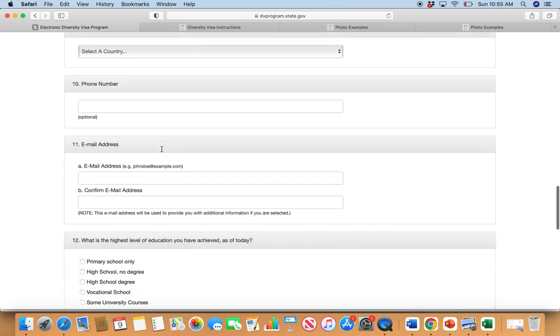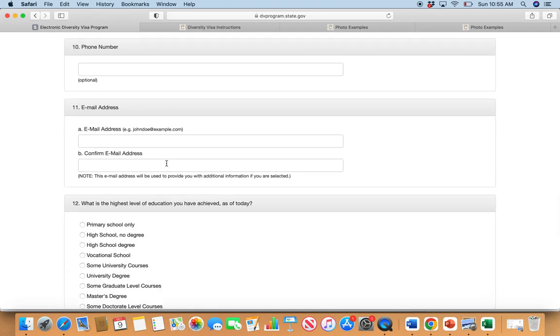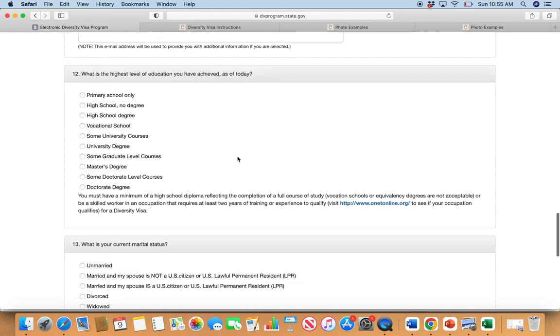Phone number is optional. Email address, highly recommend that you use the email address that you can access, because that is how you're going to find if you're selected next year in May. You make sure to use the email address that you can always access. And if you have a couple of different email addresses, make sure to put a note somewhere which address you have used for this registration. And then what is the highest level of education that you achieve as of today, meaning day when you are applying. So you're going to click,